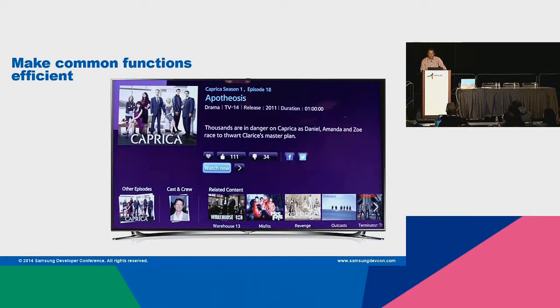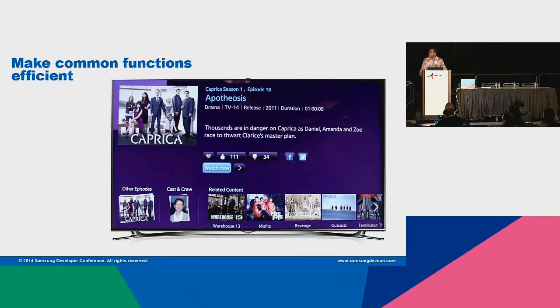It's also very important to keep common functions efficient. TV function usage patterns follow the 80-20 rule, just like any other feature on devices: 20% of the functions are used 80% of the time, and the other 80% of the functions are used 20% of the time. The commonly used functions need to be obvious and efficient.